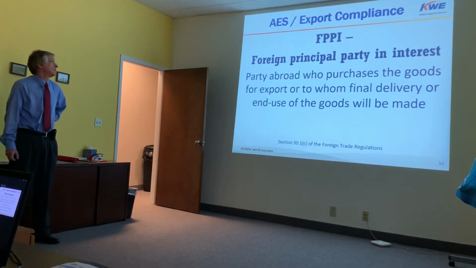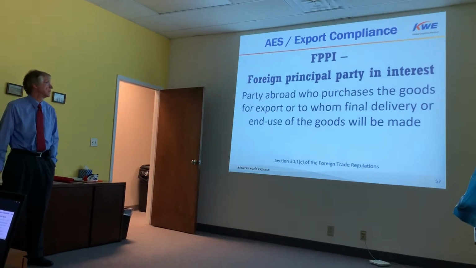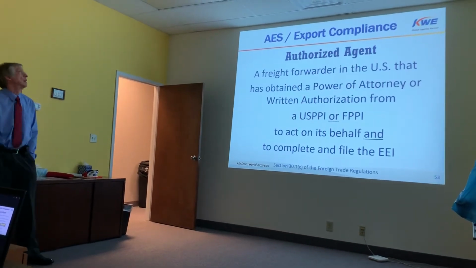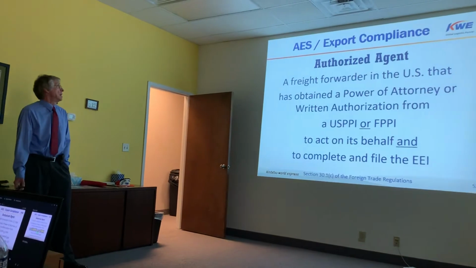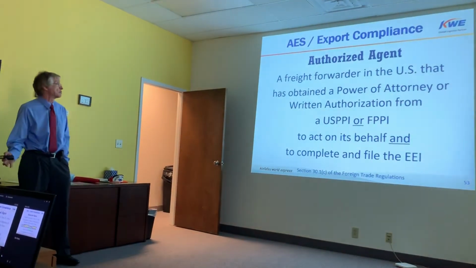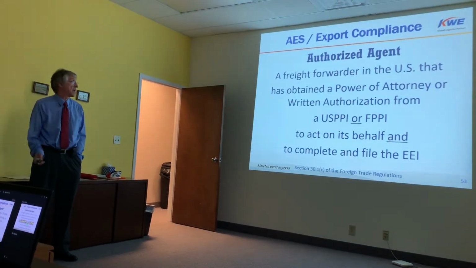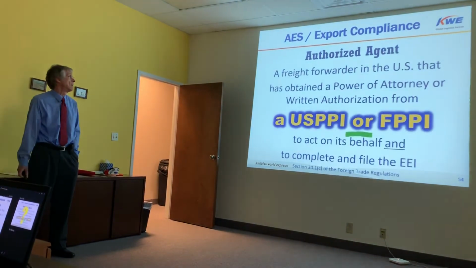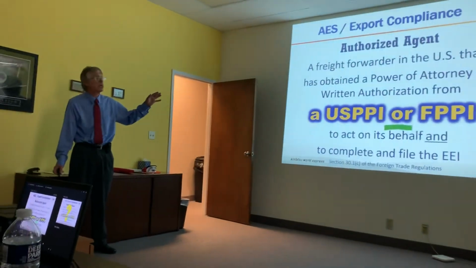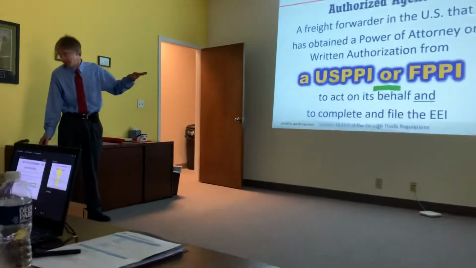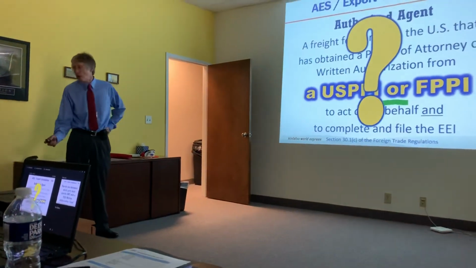The FPPI, Foreign Principal Party in Interest, is the party abroad who purchases the goods for export or to whom final delivery or end use of the goods will be made. The authorized agent, defined in the regulations as a freight forwarder that has obtained the power of attorney or written authorization from either the USPPI or FPPI on its behalf, is to complete and file the EEI. So note that I say here we are to obtain the POA or written authorization from either the USPPI or FPPI. So how do we know